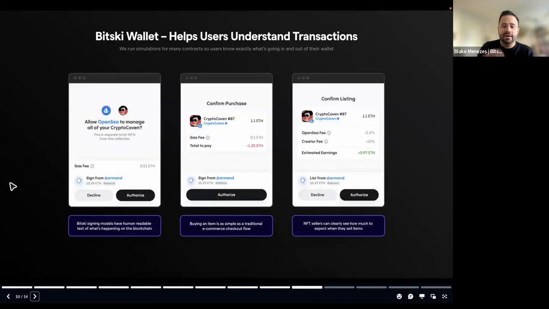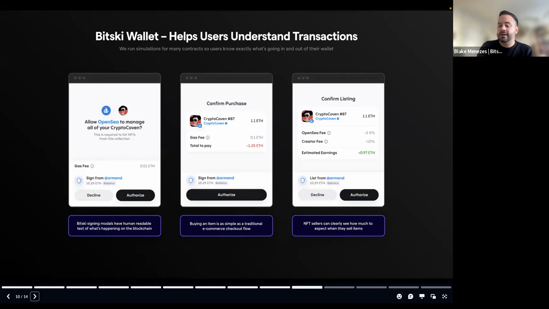And that's actually kind of the nickel tour of all of it. The big things I wanted to call out with this, and I didn't want to go into a full onboarding session of all things Bitski wallet, is that you're able to easily transact on the blockchain. It gives you the opportunity to do all of the things that you hear about, whether that's buy, sell, sending crypto, buy, sell, send NFTs, access decentralized applications, which are things like OpenSea, for example, that you obviously see NFTs on and other things. And it also allows you to kind of see what are the things that you're doing with your crypto wallet in a really simple and easy to understand way.